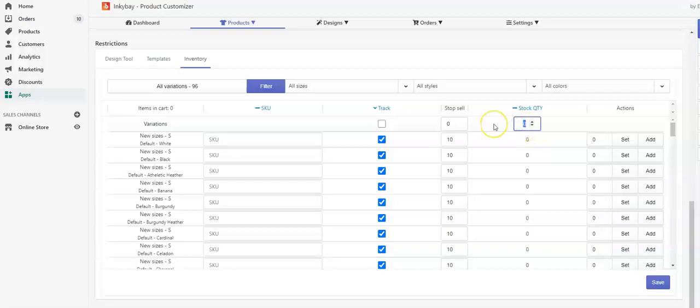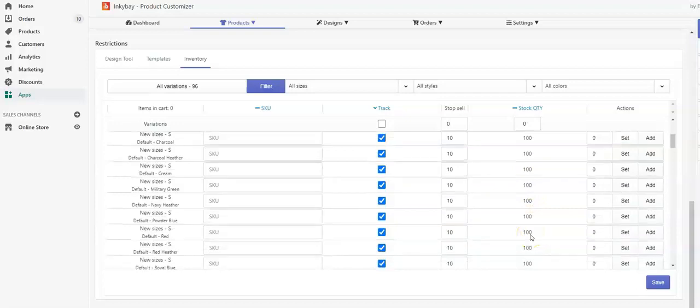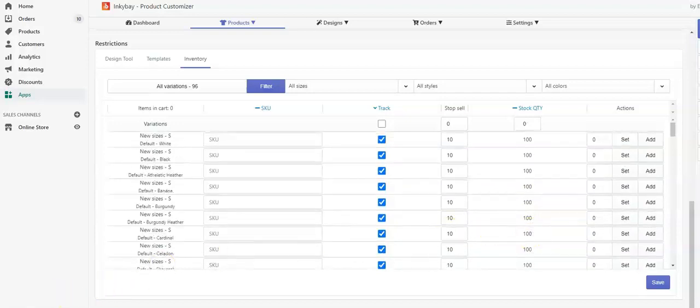Here I am inserting 100, then clicking outside of the box and clicking on the button set all. Set the same quantity for all the variants. It also displays the quantity of the variant added to the cart. I will discuss this later.